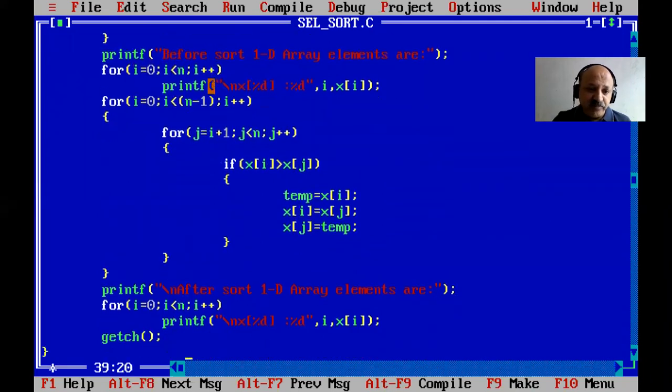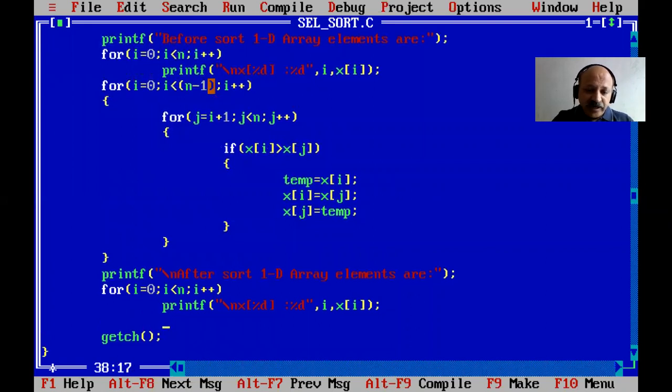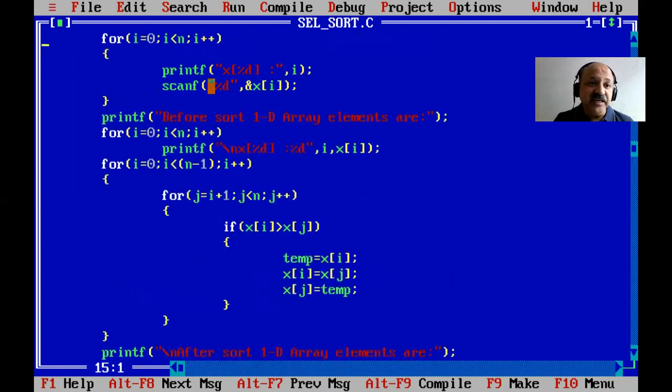So first I provided the static, and after I use the print and free function. That is deallocation of memory. Just pass the pointer variable x. When you use malloc or calloc, you must use free. Otherwise, your memory block is a permanent block, and the compiler cannot use it for other variables. So that is very important. That is a very simple way. That is selection sort.